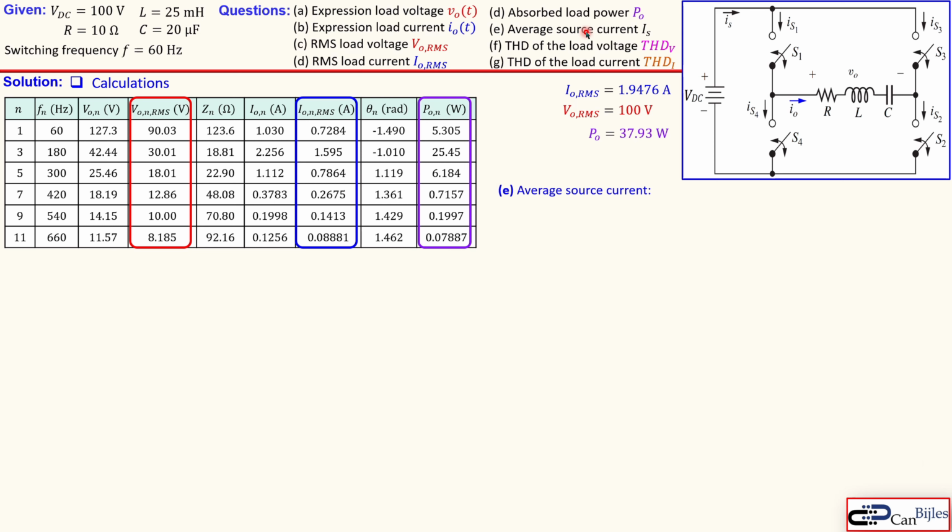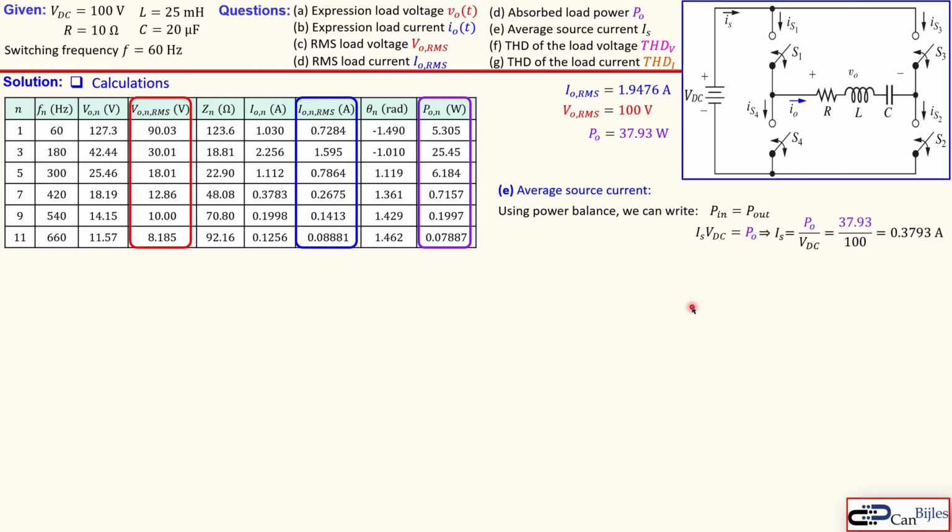The next one is the average source current. This is also straightforward using the power balance, because we know the power in must be equal to power out, because we have ideal switches, and all the components are ideal. We can say the VDC times the average source current must equal the absorbed load power, and that can also be rewritten like so, and we have now